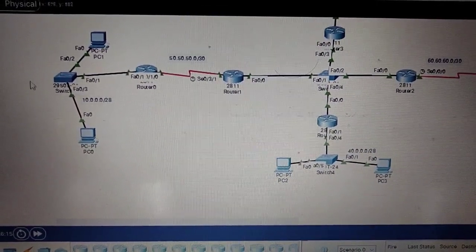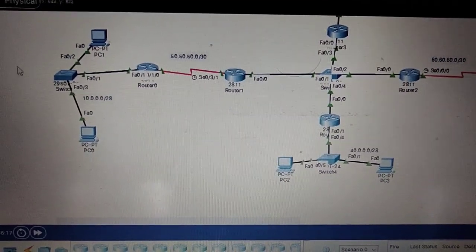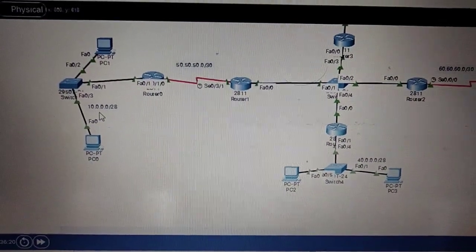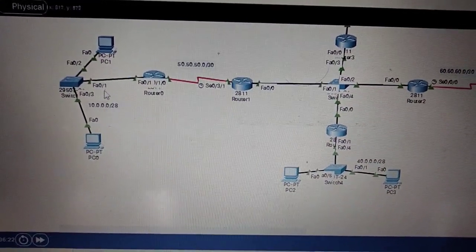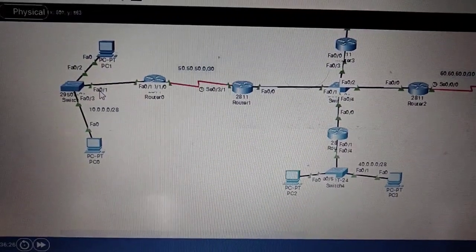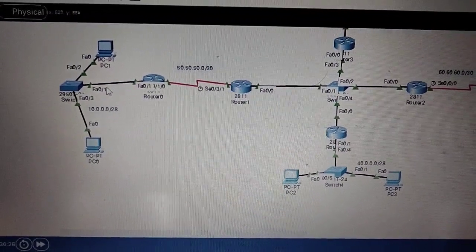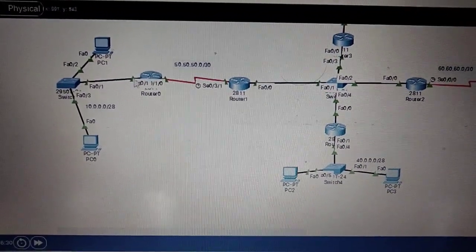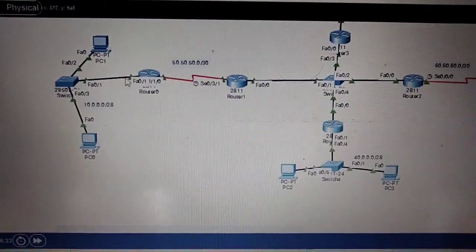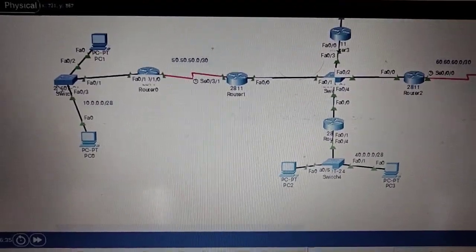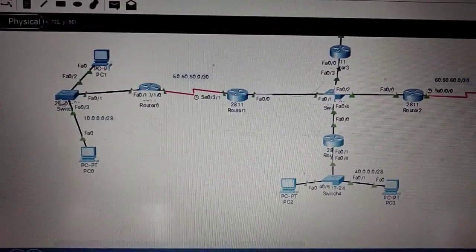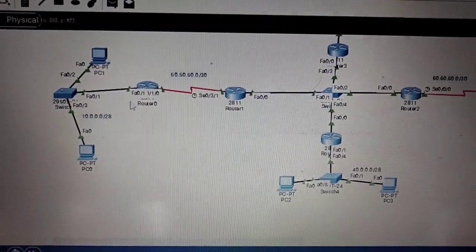For this complete network I have taken the network 10.0.0.0, but I have taken 10.0.0.1 for FastEthernet 1 as the gateway from router 0 to the switch. The gateway should always be one only.